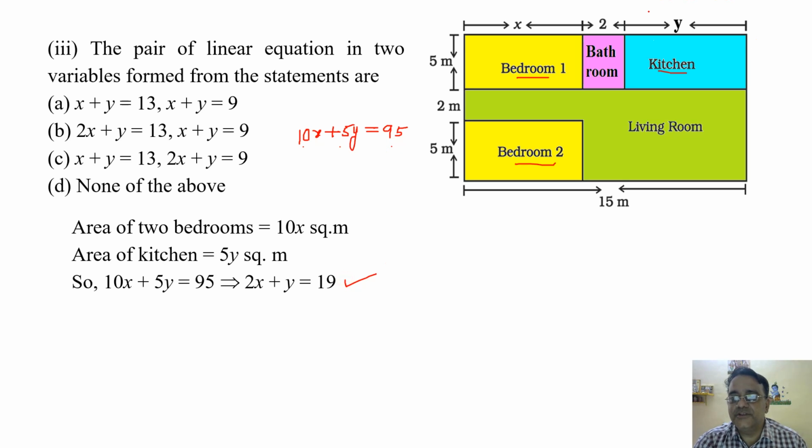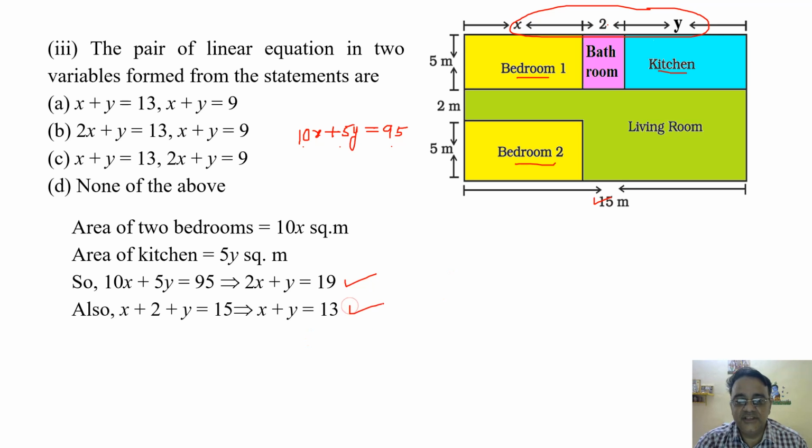Now the second equation is that ये जो लेंथ है x plus 2 plus y, that will be equals to 15. ठीक है, और ये 2 और 15 माइनस कर दोगे तो 13 हो जाएगा. So x plus y is equals to 13. So these are the two equations we got, and the correct option is, which one is the correct option? Option C. Option C, right. Option C है. कैसे? इसमें तो 19 होना चाहिए. Yes, none of the above.